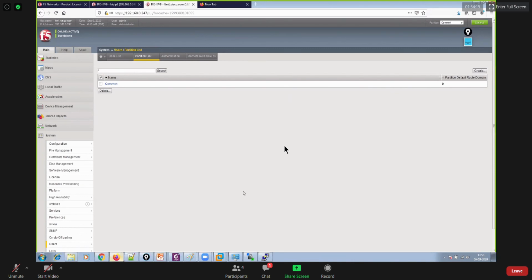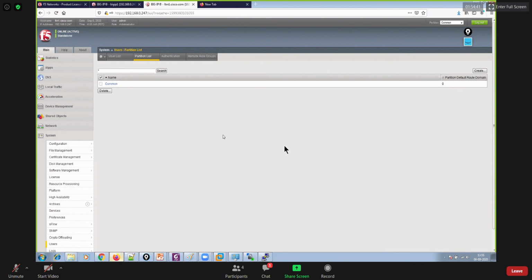All right. So I was talking about how you can create different partitions for each customer, right? So let's say I've created partition A for customer A, partition B for customer B, and thereafter I'll create users in those partitions only. So I'll create user A for partition A, user B for partition B. So whenever user A gets logged in, it will have access to that partition only, right?